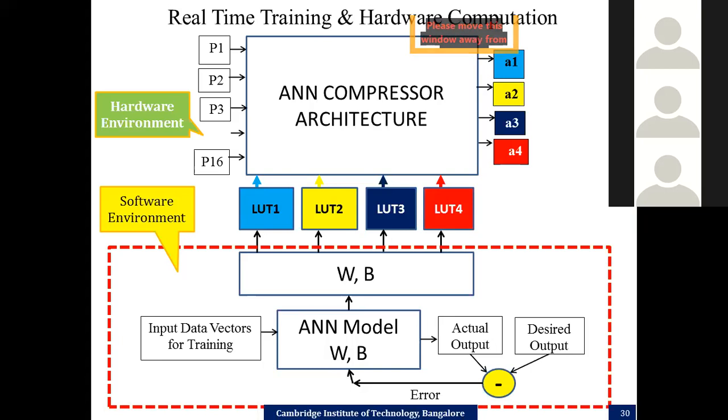Yes. And sir, one more last question. Please, madam. How will we get the desired output? See, the desired output is what I decide. For example, if I want to do compression and decompression, I know that whatever I give as an input should be compressed and then reconstructed. So I know the output should be the input itself. In this example, my desired output is the input itself. So until I get back the actual input that I applied to the network, which is my desired output, I keep on training, so that I am able to get the optimum weights and biases.